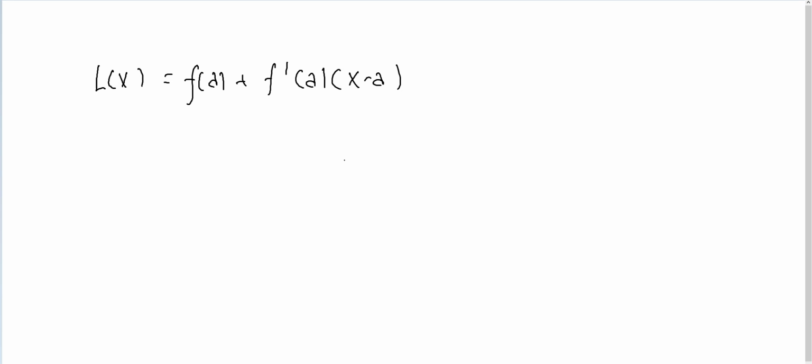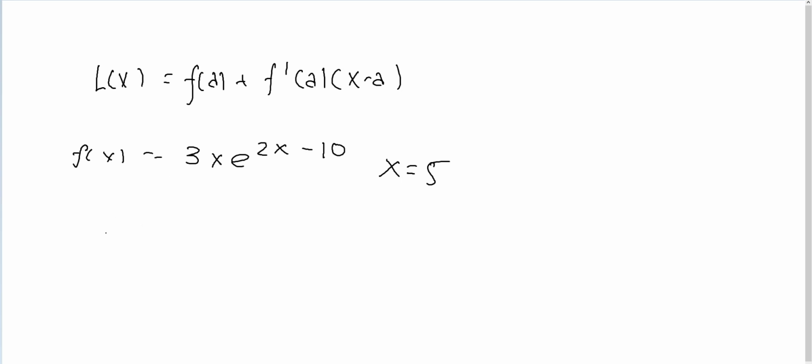So let's say that we wanted to find the linear approximation of the function, let's say 3x e to the 2x minus 10, and let's say at x equals 5. Now this is a very daunting derivative, but trust me, it's not too bad. So when we take the derivative of this equation, we are going to use the product rule, and we are going to use the